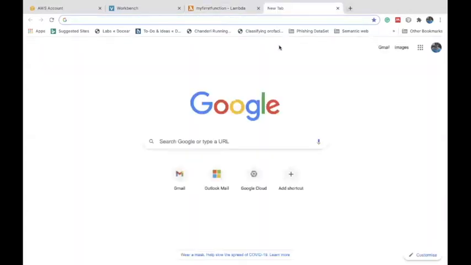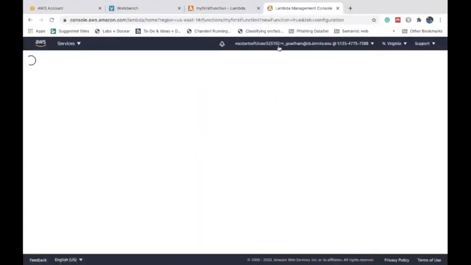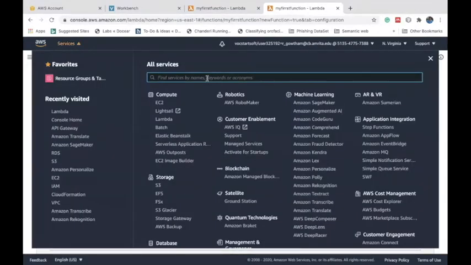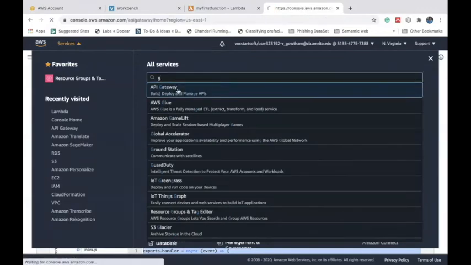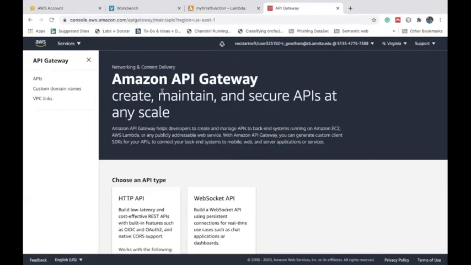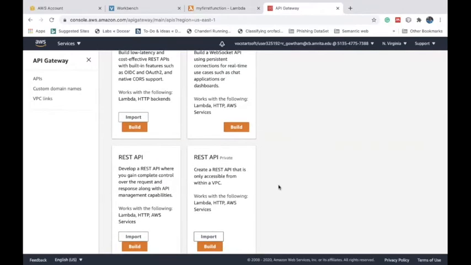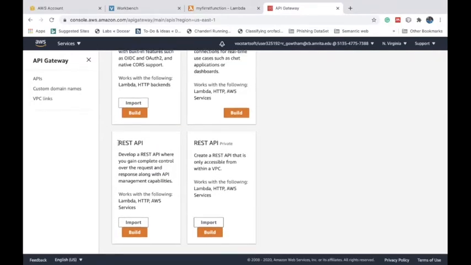I'm going to open a new tab. Go to services, select API Gateway. In the API Gateway, there are many different options. I'm going to select the REST API.